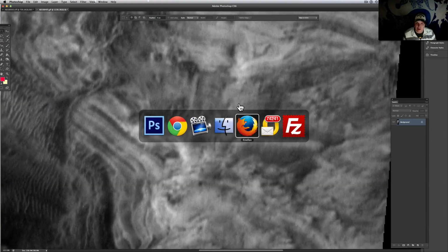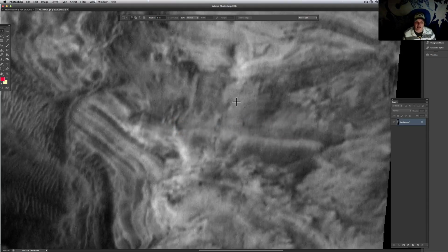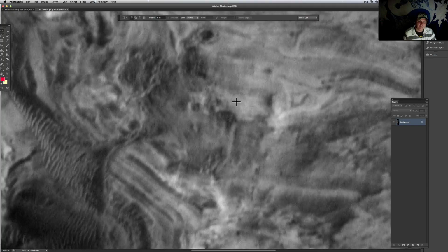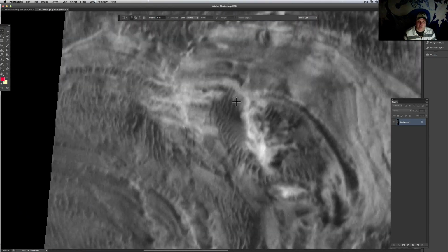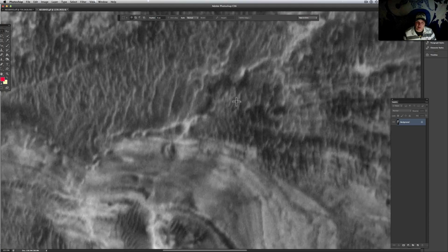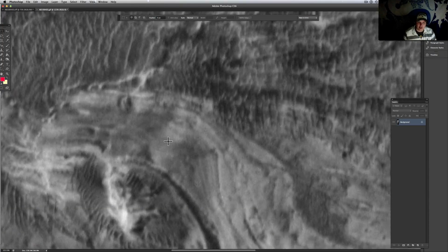Where was it? I must have exited out. I think I did exit it out. Just for the extra juice behind the computer. Look at this stuff. Looks like big towers here along some of this interesting